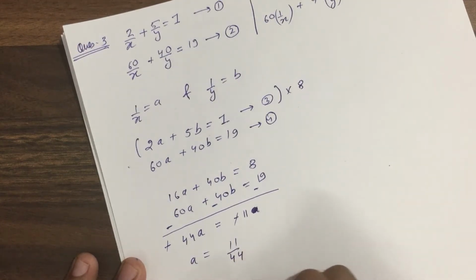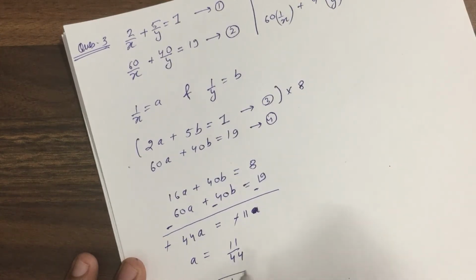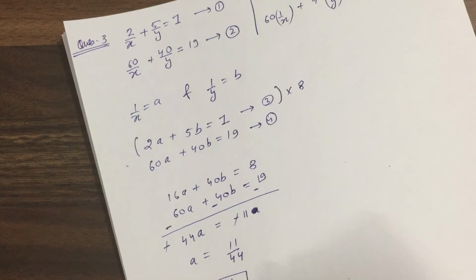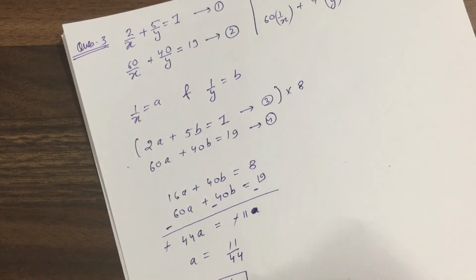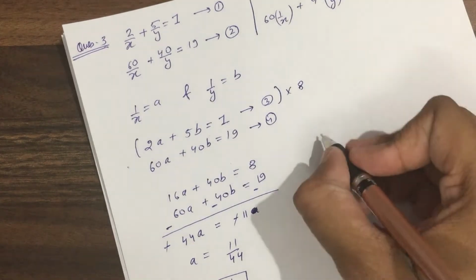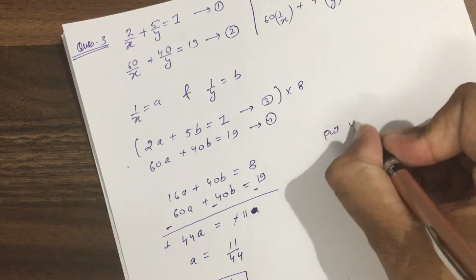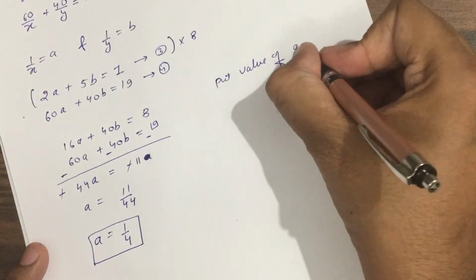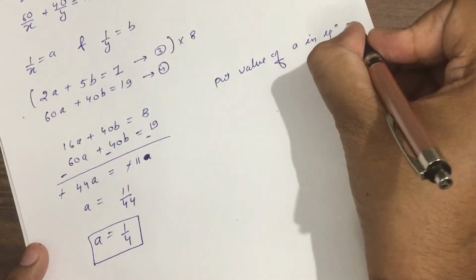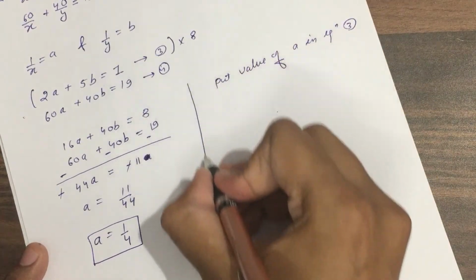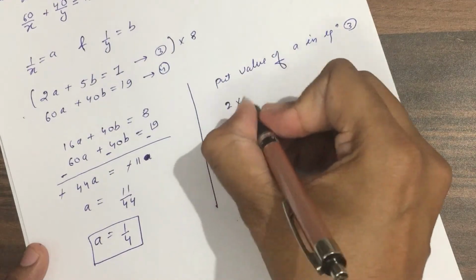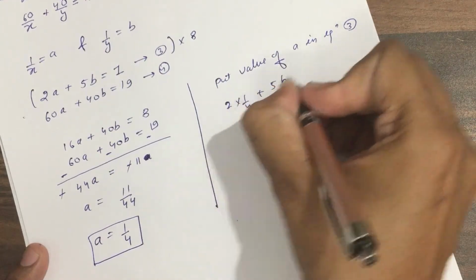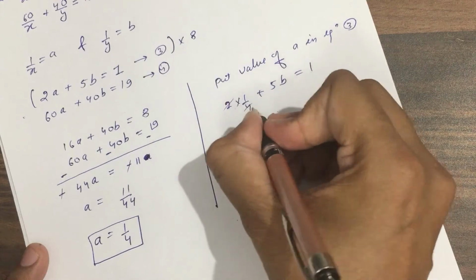So a will be equal to 1 upon 4. Now we have to find the value of b also. So what we will do, we will put the value of a in any of the above equations. So put the value of a in equation 3. So 2 into 1 by 4 plus 5b equal to 1, this will be cancelled 1